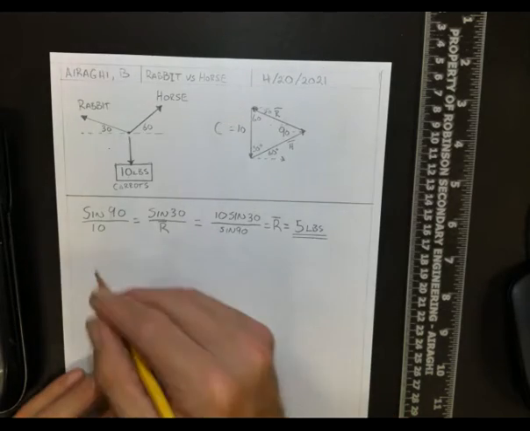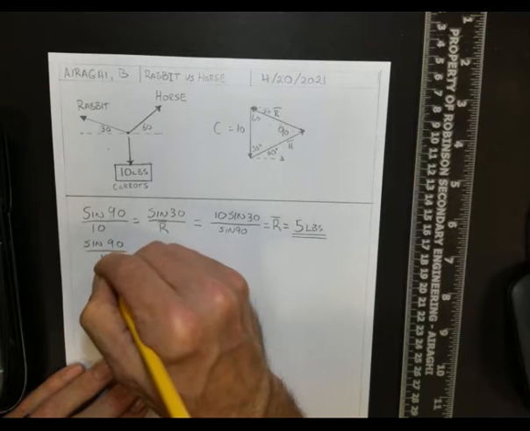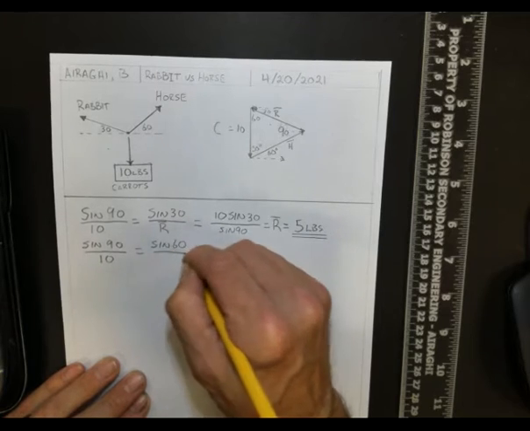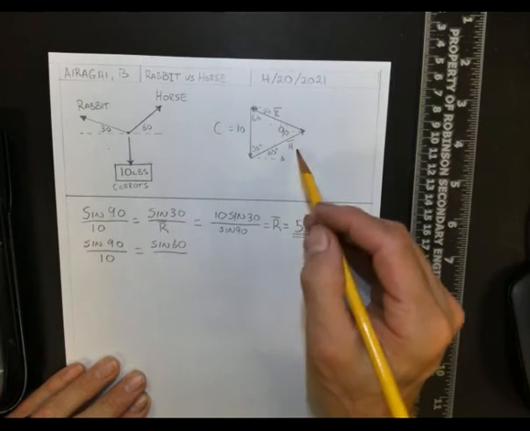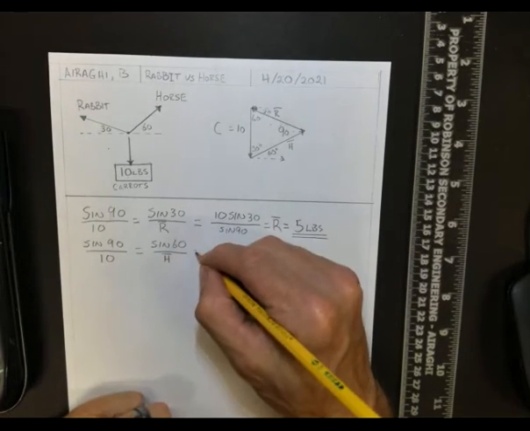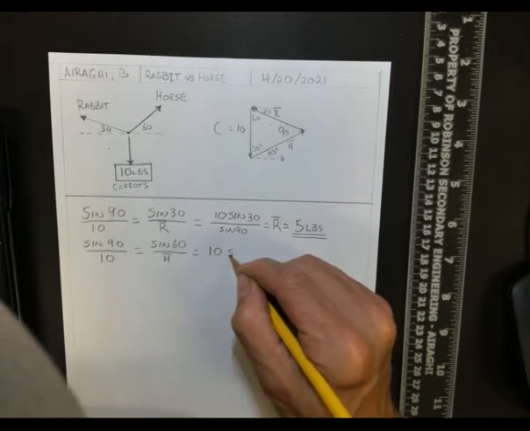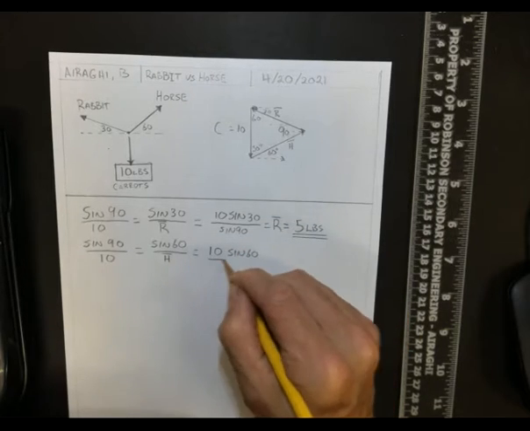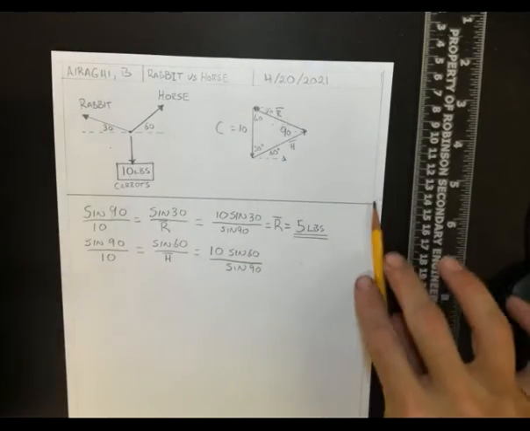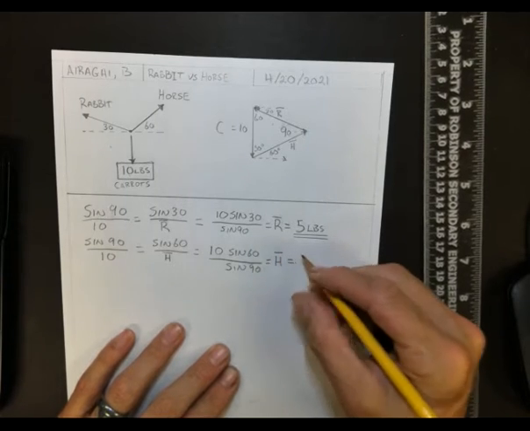So then the next thing I have is sine 90 over 10 equals sine 60 over H, vector H, or horse. H equals 10 sine 60 over sine 90. Remember, sine 90 is equal to 1, equals vector H, which equals,